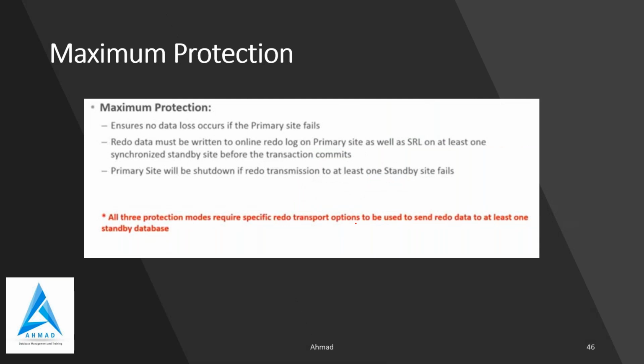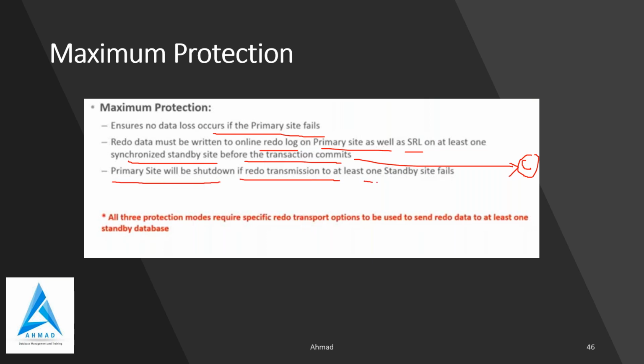Maximum protection means no data loss occurs if the primary side fails. Redo must be written to the online redo log on the primary side as well as the standby redo log on at least one synchronized standby before the transaction commits. So that is the condition, and that's why the data protection is so strong. The primary site will be shut down if redo transmission to at least one standby fails.